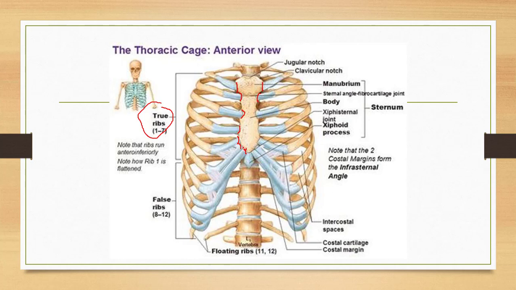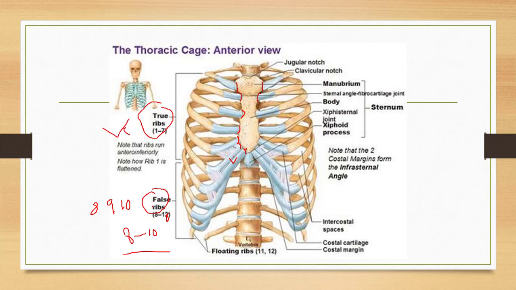Now ribs 8, 9, 10 are attached with the hyaline cartilage. This blue colored cartilage that is shown here is hyaline cartilage, also referred to as costal cartilage. So ribs 8, 9 and 10 are attached with the hyaline cartilage of the 7th rib. That's why they are referred to as false ribs, false ribs from 8 to 10. There is a mistake in this diagram. This would be 10. So from 8 to 10, it is false ribs or vertebrochondral ribs.